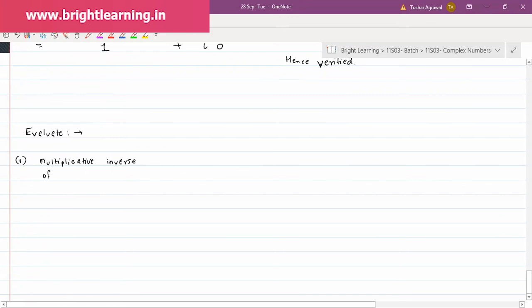Evaluate first. Multiplicative inverse of 2 plus 3i. Second, multiplicative inverse of